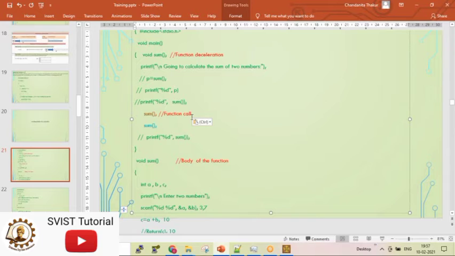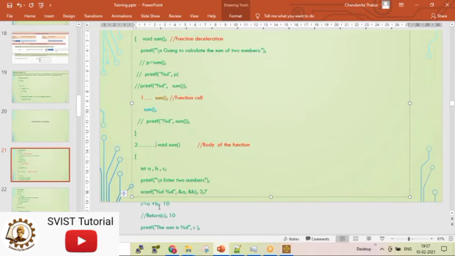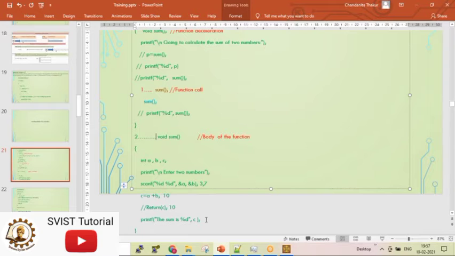What happens is, let's say control is here. Let me write 1 here. Now from here, the next line to be executed should be this line, because it is sequential execution. But what will happen, this line will not be executed. Control will jump to the location where the function is written. So this will be the second step. All the things will be calculated. Let's say the values give 10, so 10 will be calculated and 10 will be printed. That's all my work. 10 is printed, my work is done.